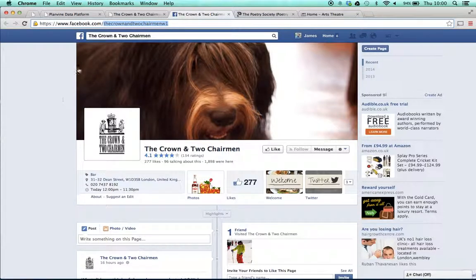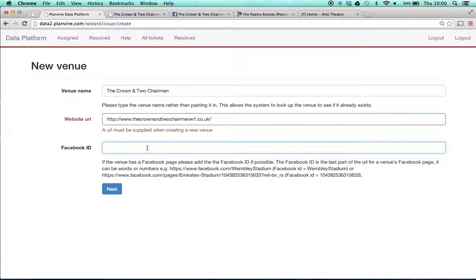It could be a number, but it's that part after facebook.com, and I'm going to add that into the Facebook ID field. So that's fine. I've got everything I need. If there isn't any Facebook ID, I'd leave that blank. I wouldn't worry about it. I hit next,